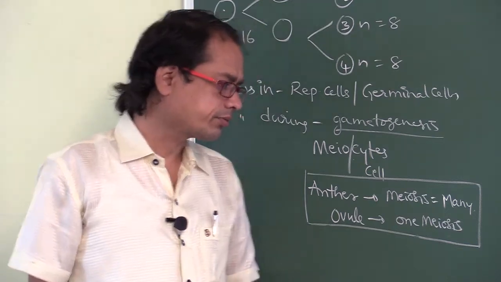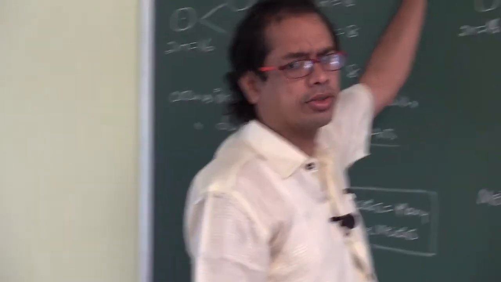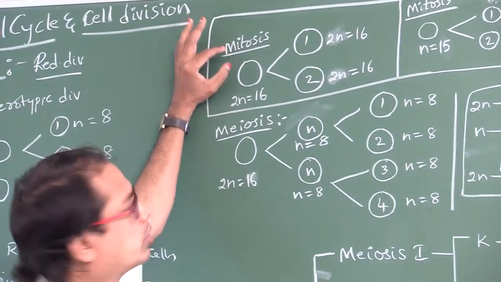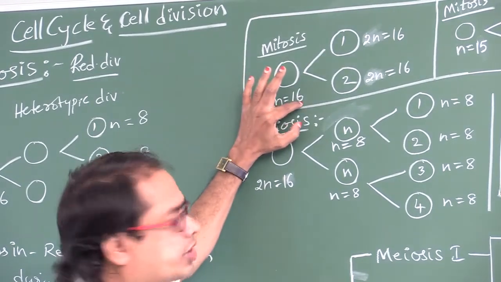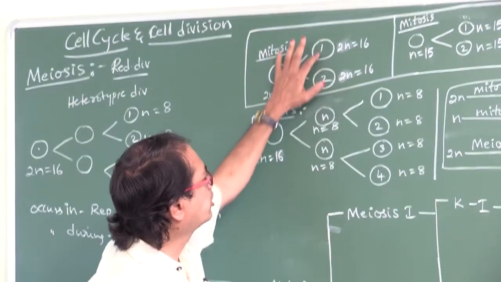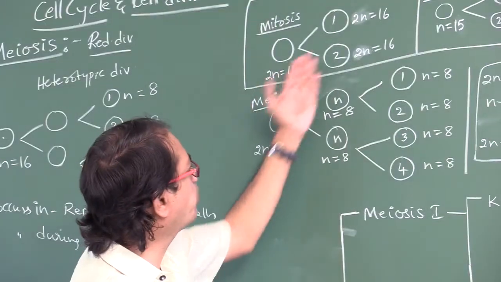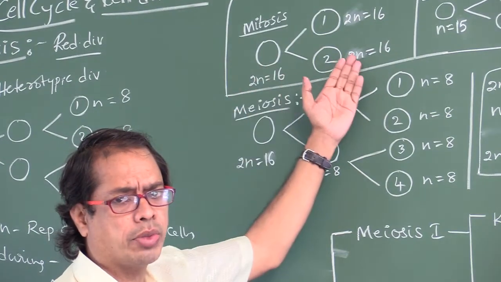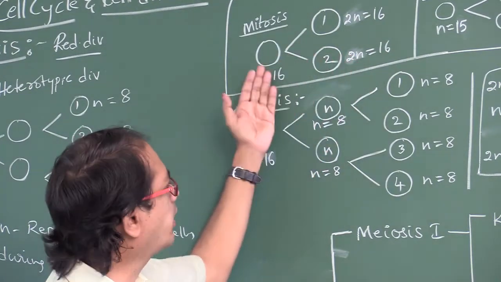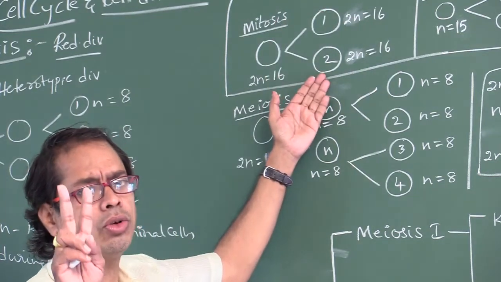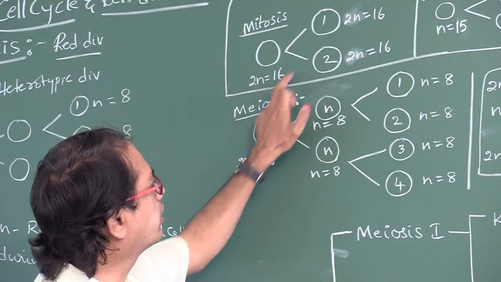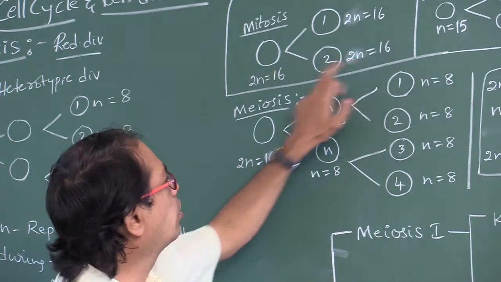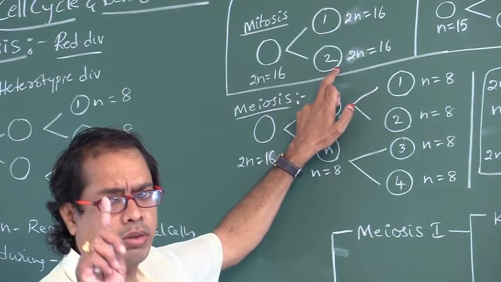Okay, right. Now look at here, my dear students. This is mitosis. One cell, let us suppose 2n is equal to 16. One cell becomes how many cells? 2 cells. Is there any change in ploidy? 2n becomes 2n, isn't it? So that is 2n becomes 2n means mitosis. At the end of mitosis, 2 daughter cells are formed. 2n is equal to 16. Each daughter cell also has 2n equal to 16. So one cell becomes 2 cells means mitosis.